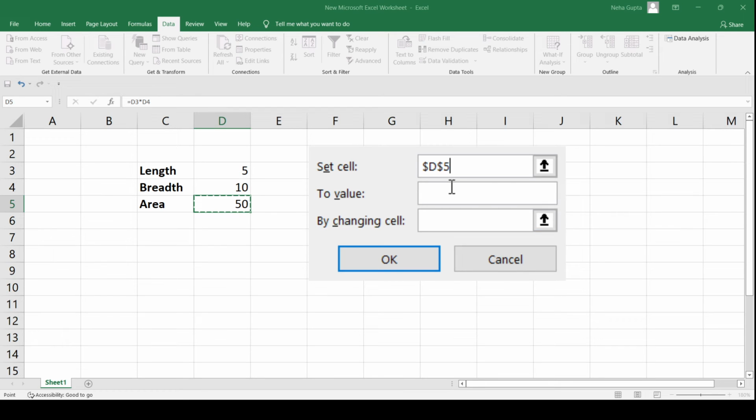Now the second value that we have to enter is to value. Now in the to value, we want to specify to Microsoft Excel to what value we should change the value of area. That means what is our goal. So since I want to change the area to 70, and I want to do this by changing the value of the cell which is representing the length, in the last input I will select the cell address which corresponds to the value of length, that is